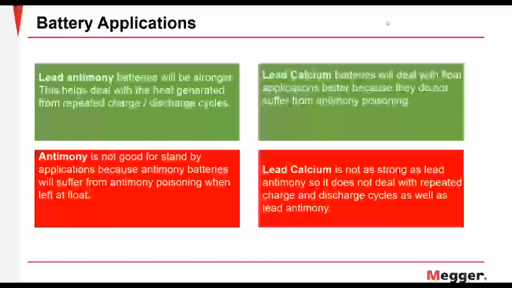For lead acid batteries, they basically have two different chemistries inside. You have lead antimony and lead calcium. The lead antimony chemistry is more tolerant to heat generated from repeated charge and discharge cycles, but the con is that it is not very good in standby application, because the lead antimony has a poisoning phenomenon that could decrease the capacity of the battery if it's not used regularly